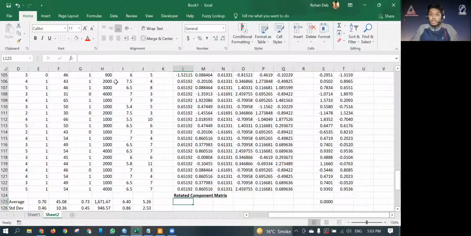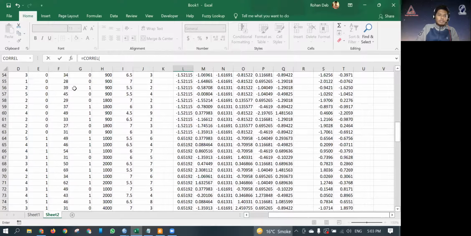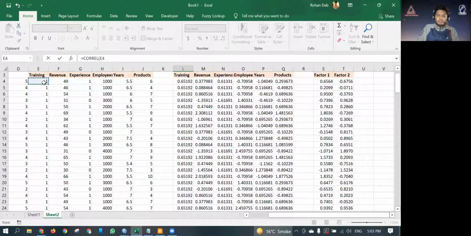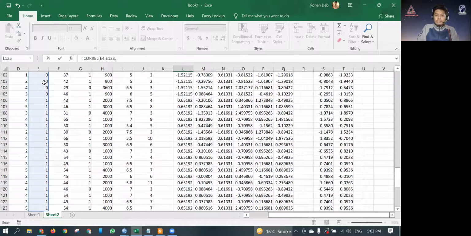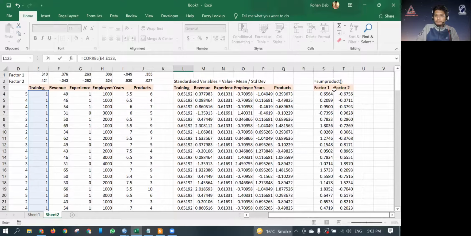Okay, so what is the rotated component matrix? It's basically the correlation between the variable, so let's say the training variable, compared to the factor 1. So it would be equal to correlation, and then this first variable, your training, and this compared to your factor 1.